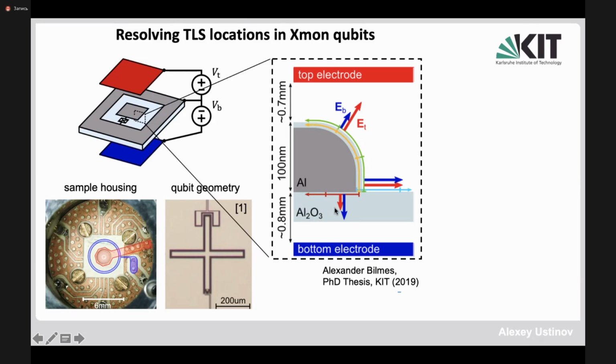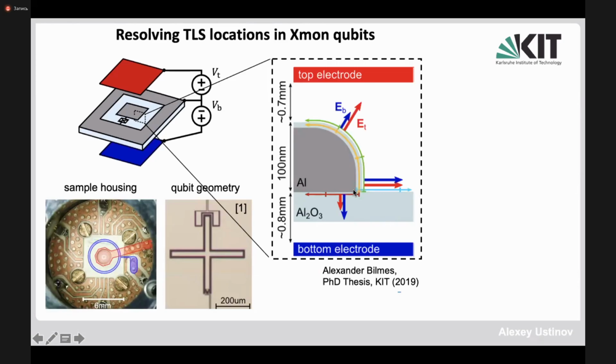That interface can be cleaned in situ in vacuum by, for example, reactive ion etching before depositing aluminum. Now, once you fabricate the aluminum film, you need to pattern it, and when you take the film out and you pattern, put the photoresist on it, then of course you bring something onto the surface. This could be resist residuals, this could be contaminants, this could be adsorbates, and so forth. So there will also be defects which occur on the surface of the substrate near the edge of the